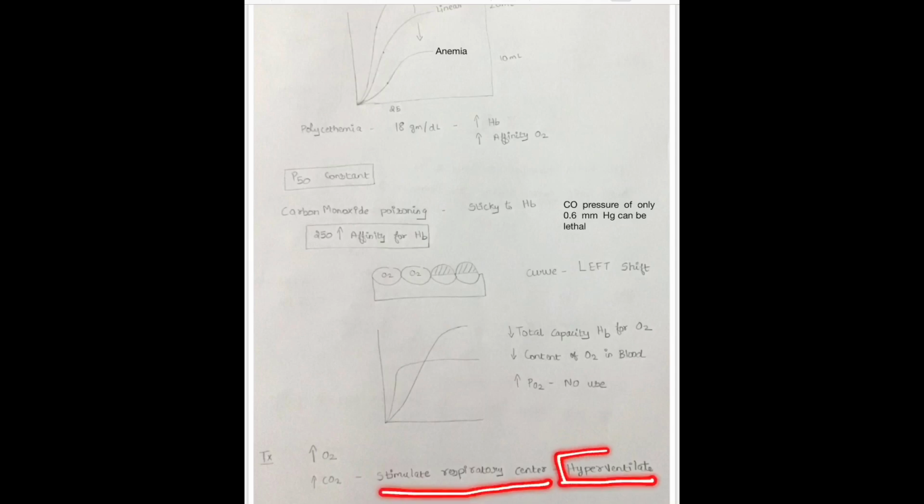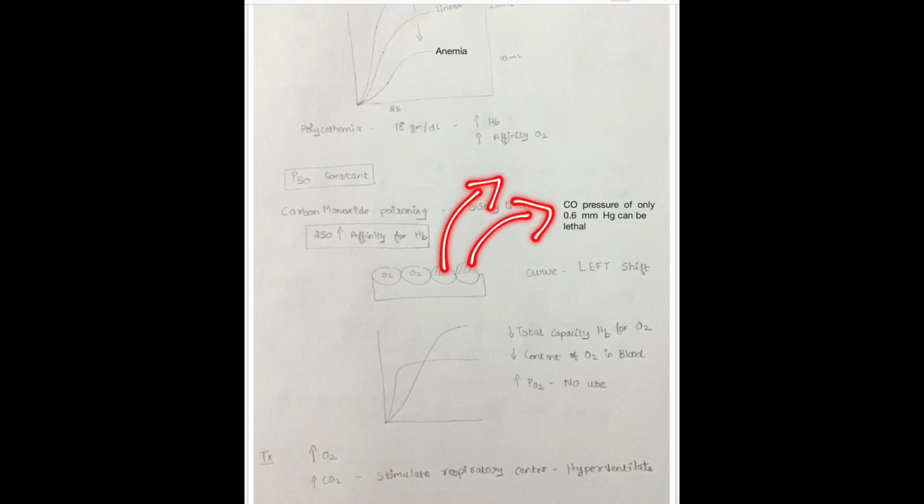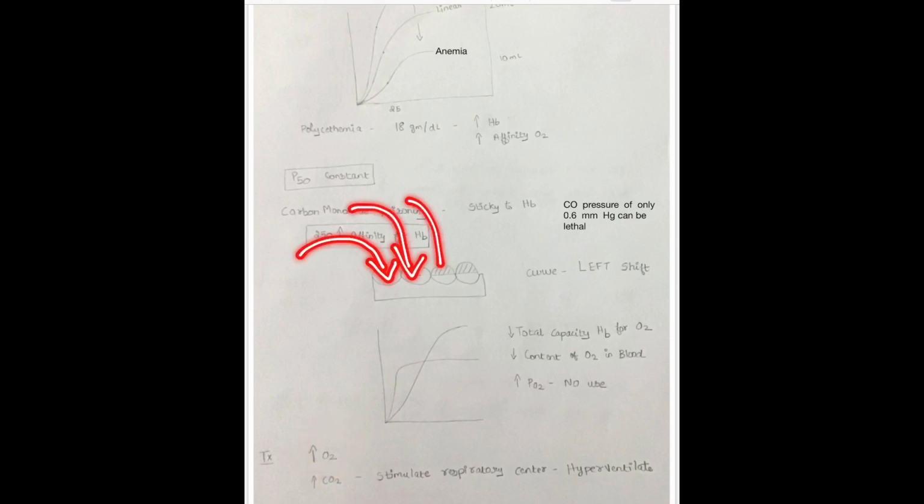What do you mean by hyperventilation? During hyperventilation, the carbon monoxide is kicked out from the hemoglobin because there will be more CO2 consumption. So when the carbon monoxide is kicked out, the size of the pockets becomes normal. When you increase the oxygen, the oxygen molecule will come and settle in the pockets of the hemoglobin.